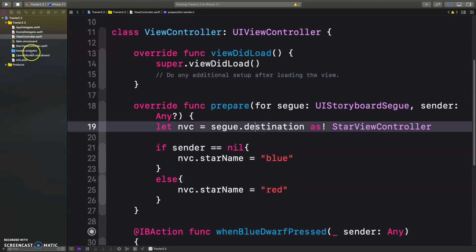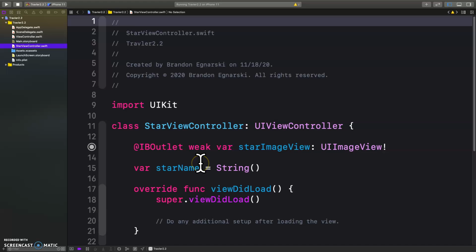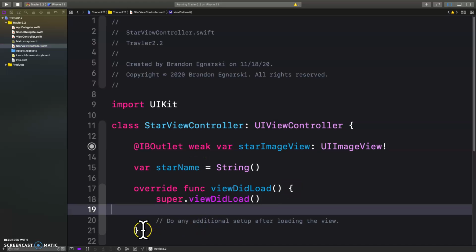Now, we're going to go into our star view controller, and we're going to click into our view did load. In between this squiggly and this squiggly, we're now going to write out some code to change that star image. So we're going to say star image